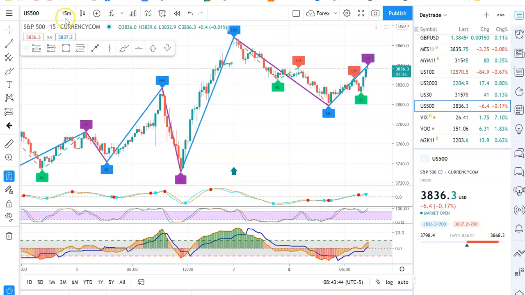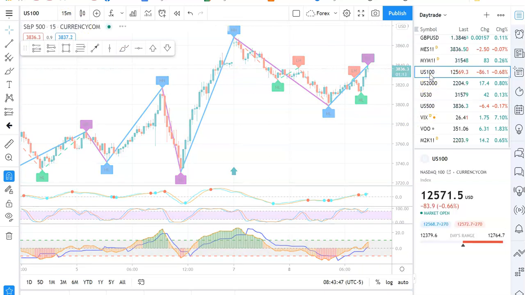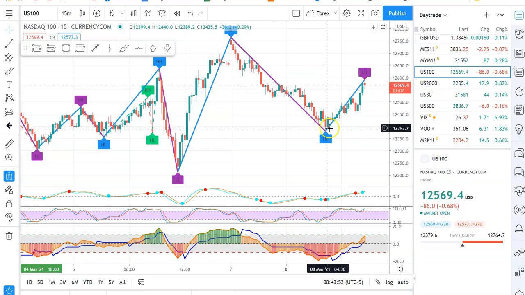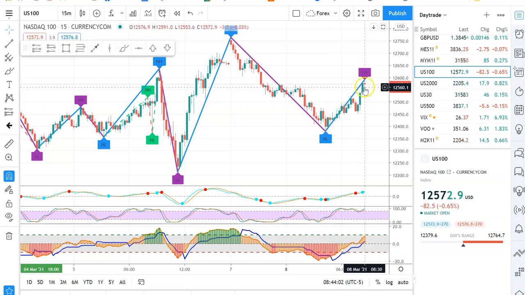I have a 15-minute chart, and I'm looking at the NASDAQ. And we see from about 4 o'clock this morning, NASDAQ was considerably down, and then it started to climb. Who knows what's going to happen this morning? I do think it's going to go up today, and I think it'll end up in the green. I'm not so negative on the day.